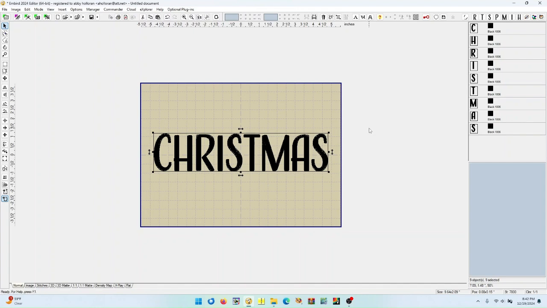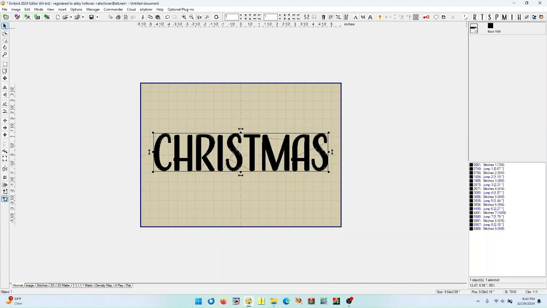So the next thing I want to do, since I still have them all selected, is I want to click join. So now I just have one object in my objects panel,